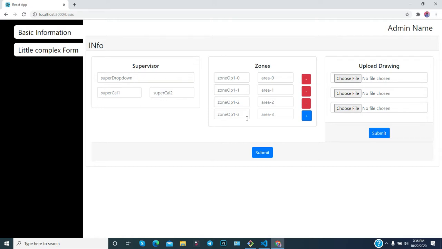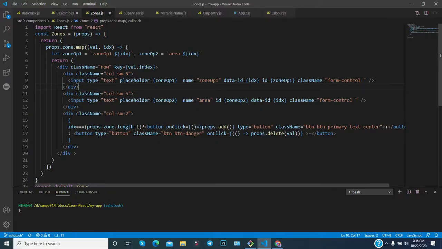The reason is the same: after deleting, the state value got updated, and after the state value changed, the render method will re-render, and since it is a re-render, the loop will run again and do the same thing, like 0 1 2 3.